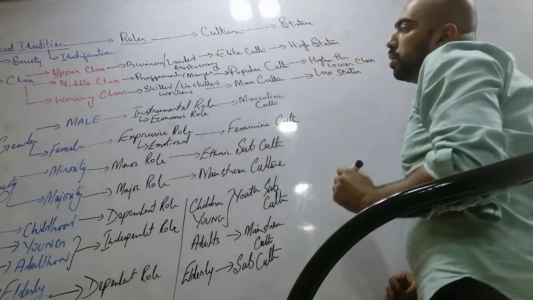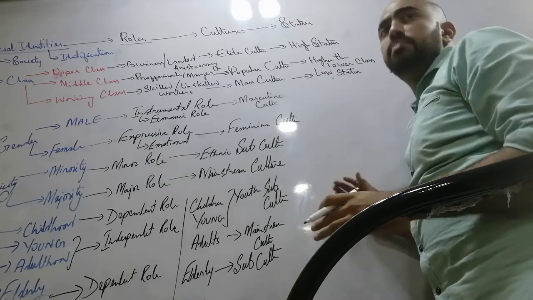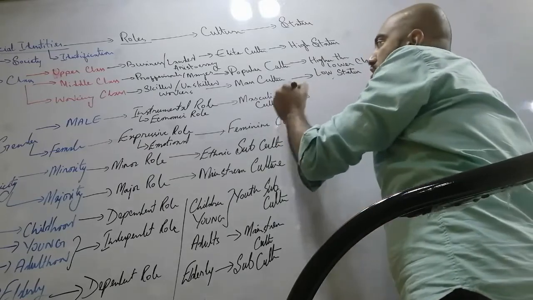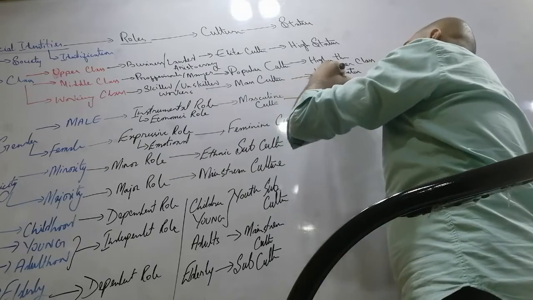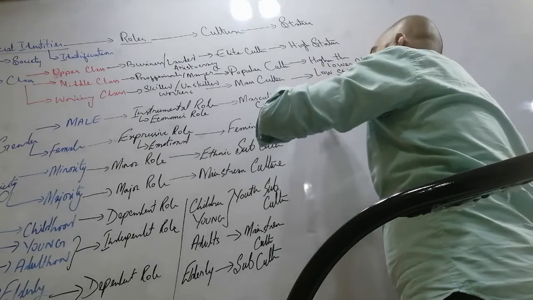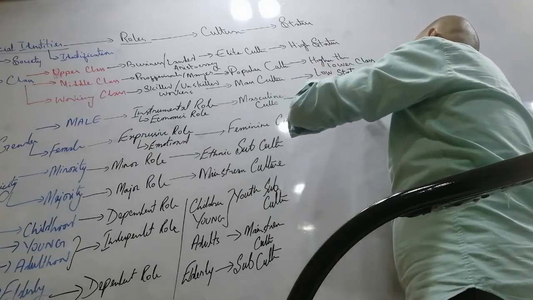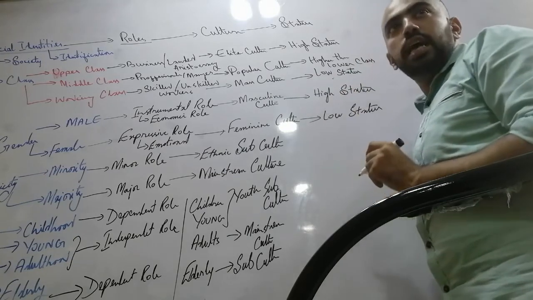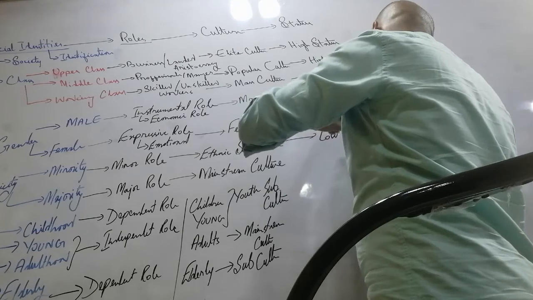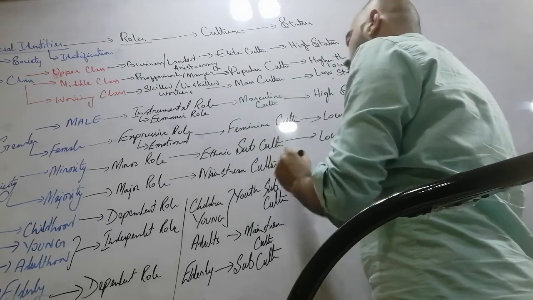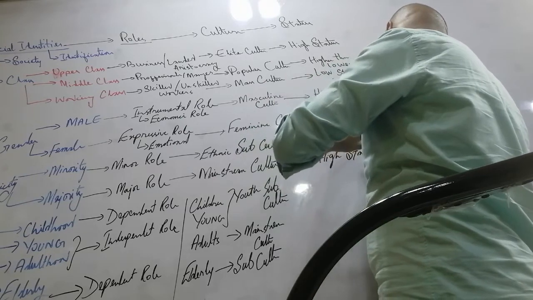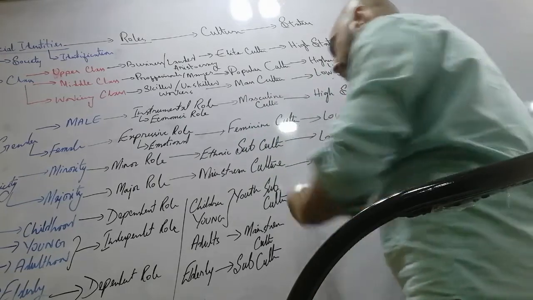So if we move forward, stereotypically, the males have more superiority within the society. It means the masculine culture has higher status, while the feminine culture has low status. Got it? And if we talk about minor role, ethnic subculture, it's more about low status. Again,